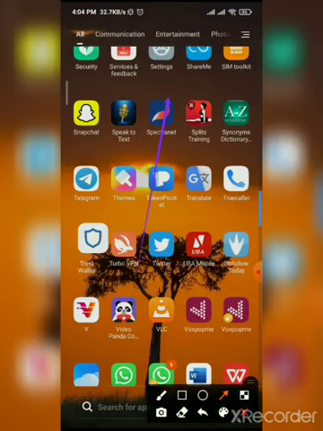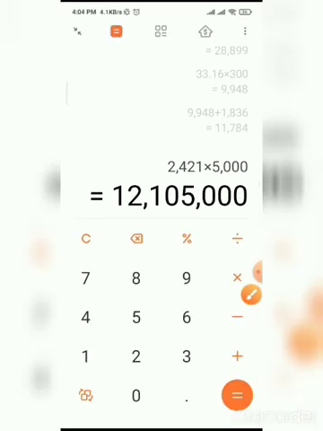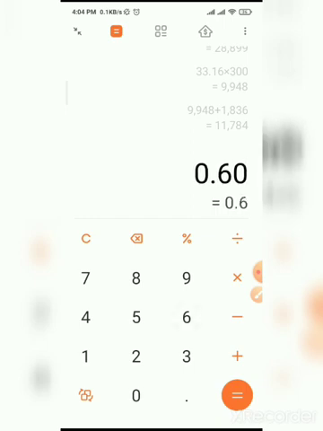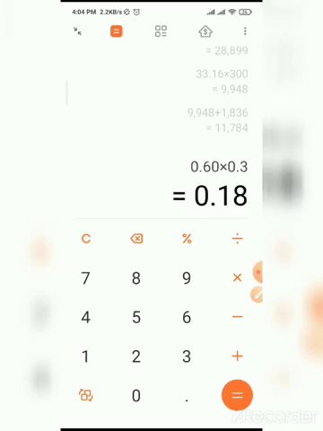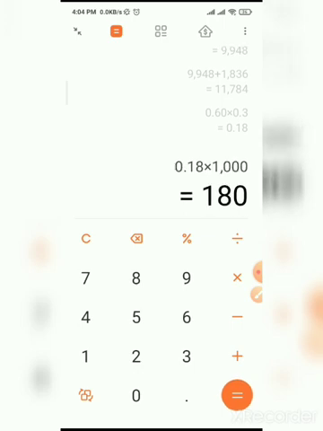Okay, let me open my calculator right now and do some calculations. The transaction fee is 0.60, as you can see. Now 30% of that: 30% is 0.3, so 30% of that is 0.18. For each person that you invite, you're going to be getting 18 cents. So if you are inviting about 1,000 people, that's $180. So that's how to earn unlimited